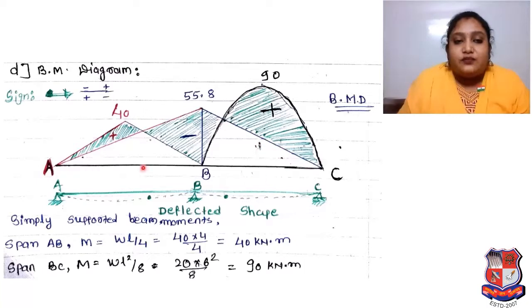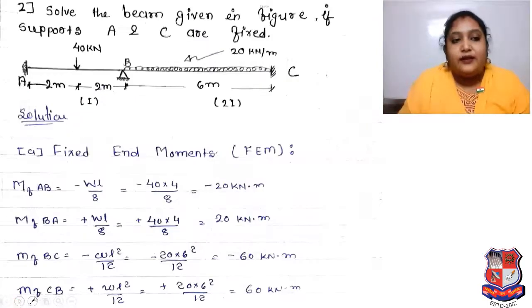Okay. So we have easily calculated that problem by using the moment values, by using stiffness, by following all the steps, and the sign convention is mentioned over here, so no need to get any confusion. So as per that we have calculated our bending moment diagram, right? Now whatever fundamental knowledge we applied to calculate that problem, in the same way we have to go for this problem, but